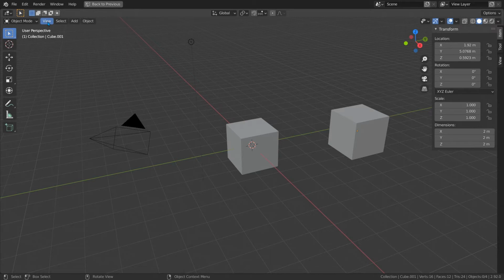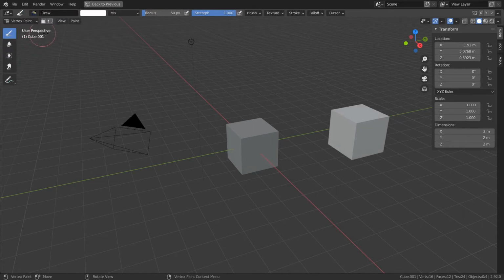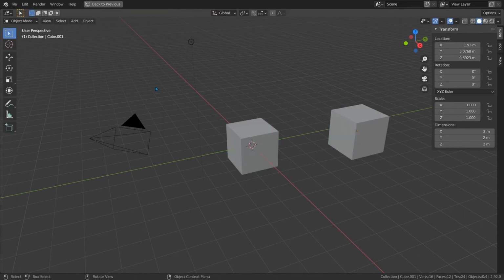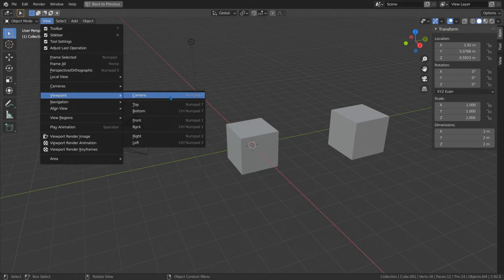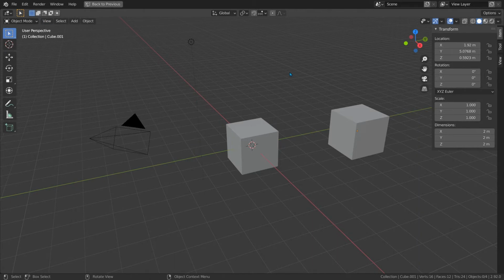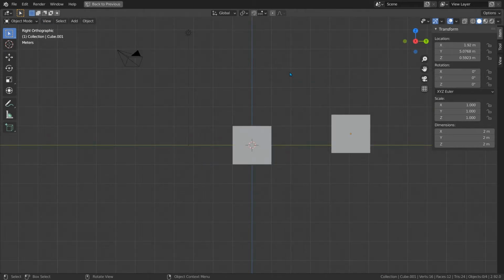To the right of the modes drop-down menu is the view button that lets us change things about the view. This is a pretty common button to editors, but not all editors have them. In the 3D viewport, regardless of what mode you're in, you'll always see this view button. It has some buttons that are very common, and you'll be using them a lot, especially these viewport buttons, which allow you to switch to different views, although it's best to use the shortcuts, which are just the number pad keys. 1, 3, and 7 will snap your camera to the front, right, or top view.